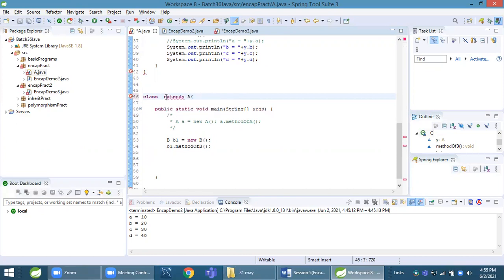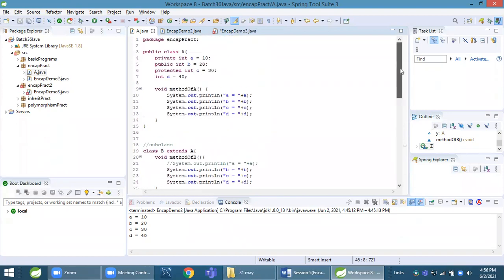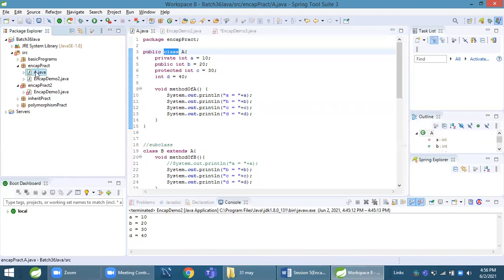Okay, let's take Z. Have you observed one thing, that the class to which we give name as a public, that should be the name of this file? Got it? Clear? Yes.